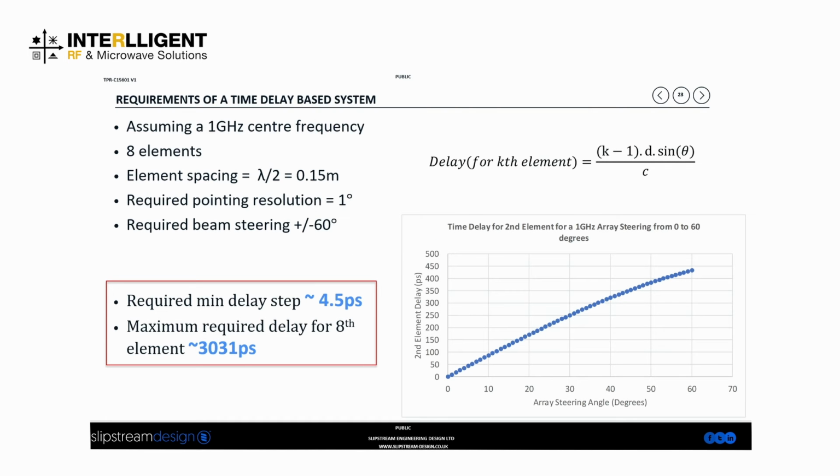So the requirements for what we need for a typical time delay based system are given on this slide. We've assumed a 1-degree pointing accuracy and a 60-degree required beam steering angle. To achieve that, we need to be able to adjust the delay from 4.5 picoseconds up to 3 nanoseconds, or 3,000 picoseconds. So that 4.5 picoseconds is a